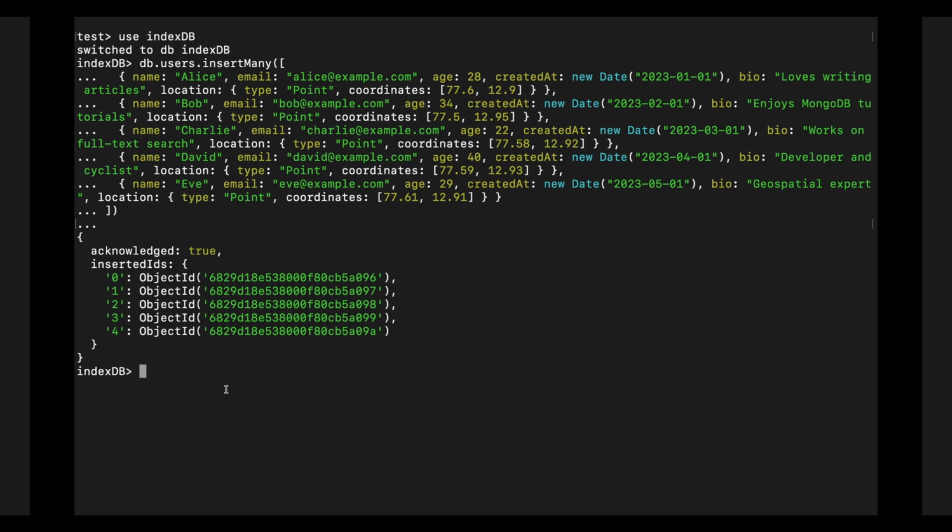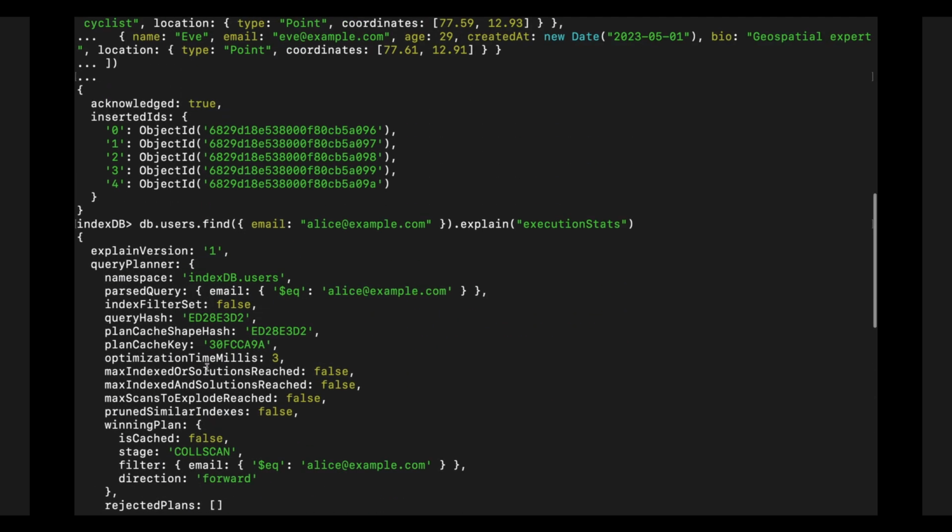Now let's execute one query. I will find a user whose email ID is alice@example.com, and I have also appended explain execution stats, so that we can find out information about how this particular query performed. So let's run this query.